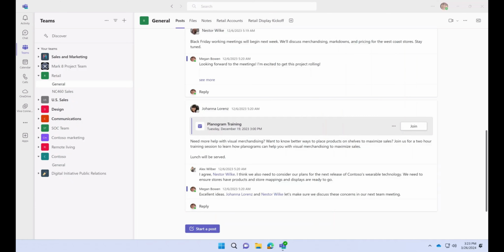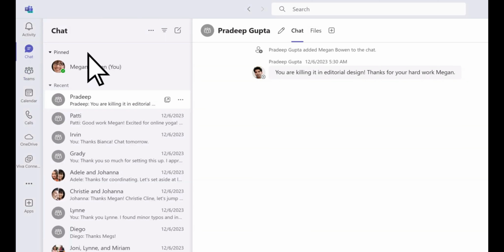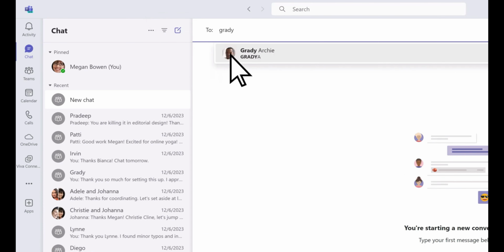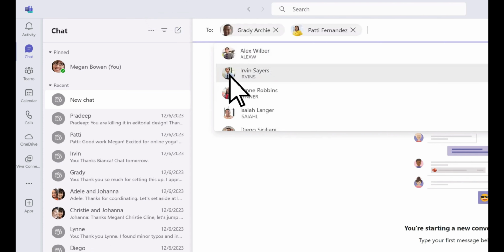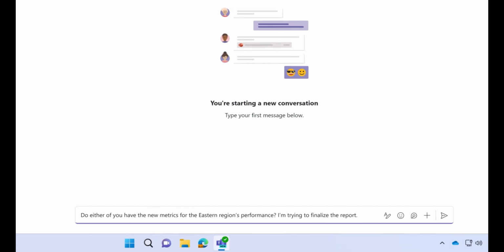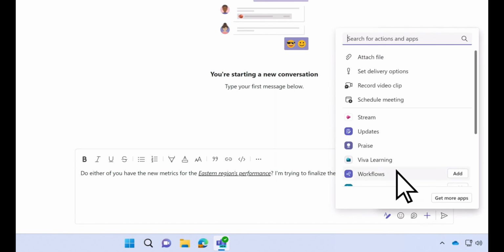If you want to chat with one or more people, go to the Chat tab. Start a new chat, and search for the people you want to chat with. Then type out your message. You can add formatting, emojis, attach files,